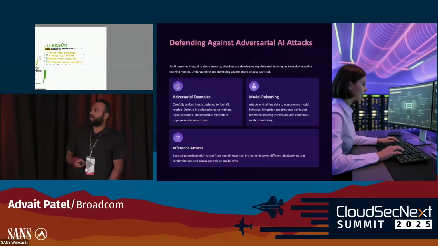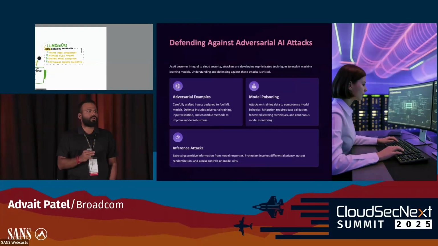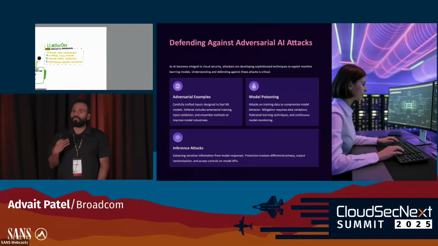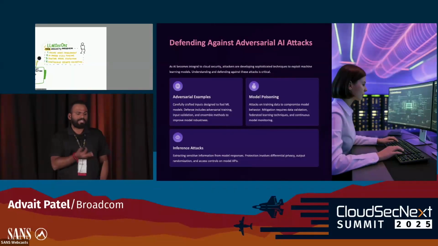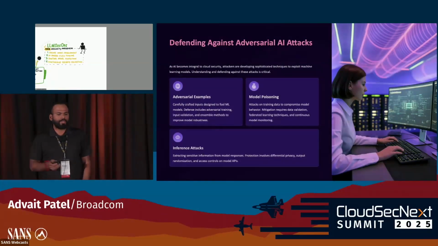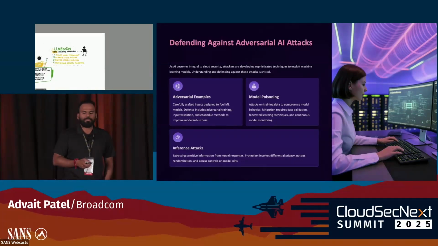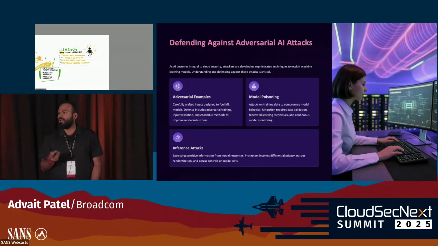So we talked about why we need AI, where we need AI, and how we can use AI, right? But let's also talk about the flip side of AI. We cannot just focus on implementation of AI, but we also have to think about defending AI. And someone asked, why do we need to defend AI, right? These are the common threats that we have been seeing, and some of those were taken from the OWASP top 10 LLM threats.